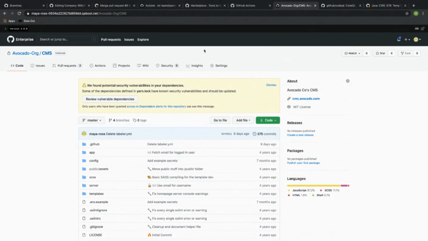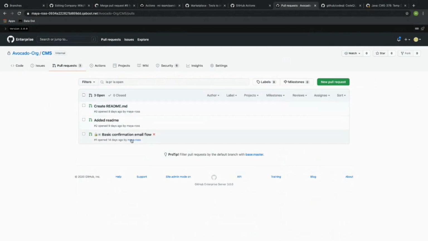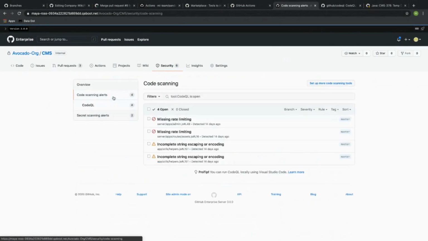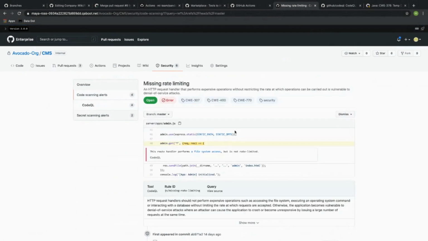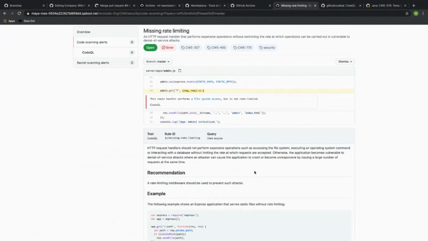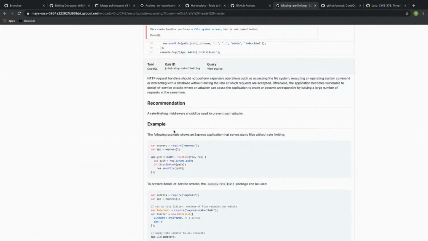I also have those automated security scans running on my pull requests. And here, let's have a look to see what they found. So code scanning has found a few vulnerabilities. First, missing rate limiting. This is a vulnerability that can lead to DDoS attacks or brute force password attacks. CodeQL has found this issue. And the code scanning tool has also given me a bunch of recommendations on what I need to do to